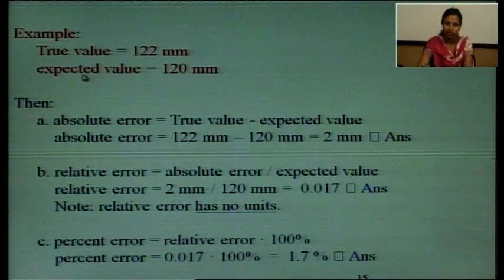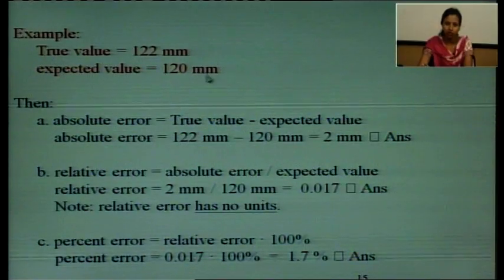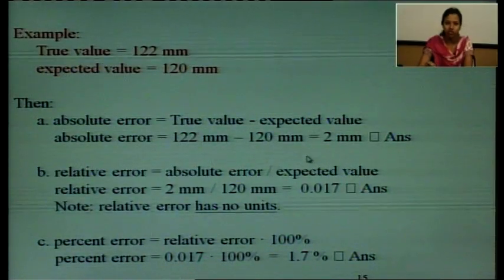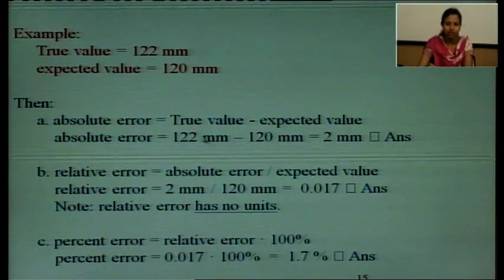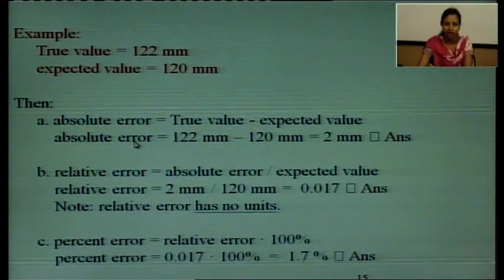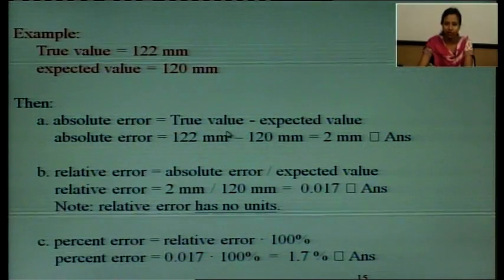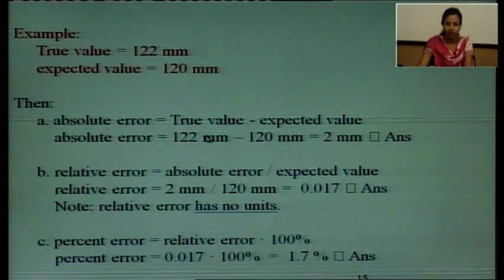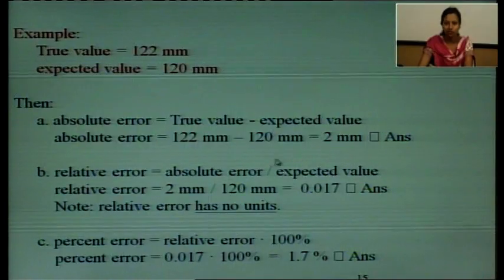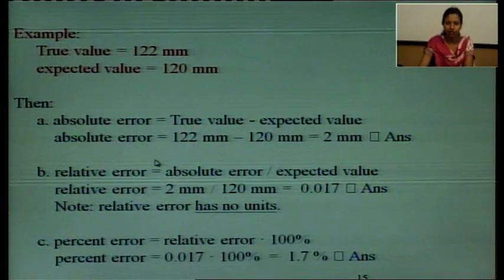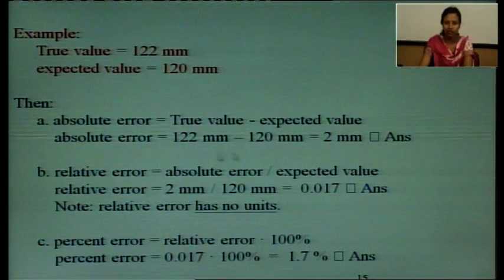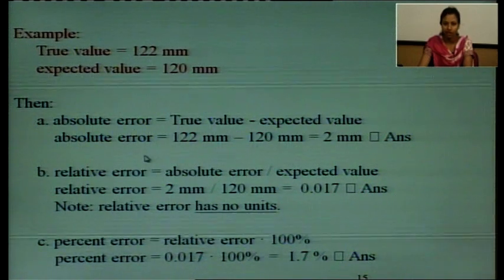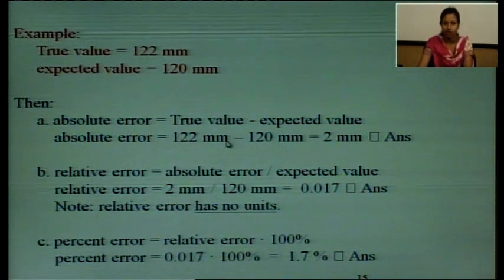So the units are the same, so we don't need to take much care about the units. Absolute error is the difference between true value and expected value. True value is 122 and expected is 120. So the difference of these two gives us absolute error. So absolute error is 2 mm,